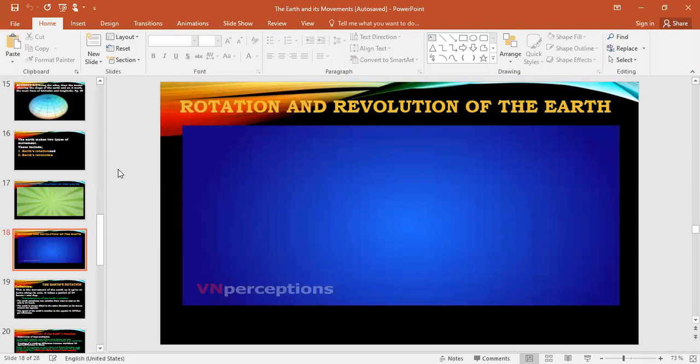Okay, that's what is going to be answered. We're going to talk about rotation. So according to the video, rotation is the movement of the Earth on its own axis, and it causes day and night. The video says 24 hours, but the other time I was searching, it says that it takes 23 hours 56 minutes.